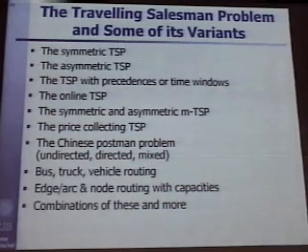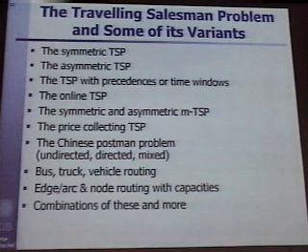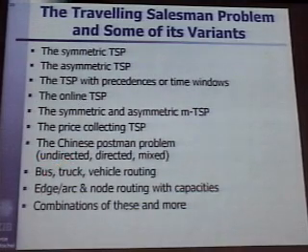What is happening? It's about garbage collection. Namely, when you collect garbage, you don't have to meet nodes, you have to go along all streets, or a postman has to go along all streets and pick up all the post or deliver all the post. And this has an interesting story, namely, if the city is undirected, there are no one-way streets, or if the city is directed, then it's easy. But as soon as it's mixed, there are some one-way streets and some non-one-way streets, the problem becomes hard. So this is not intuitively clear, but you can prove it.